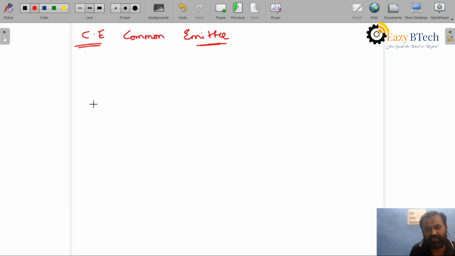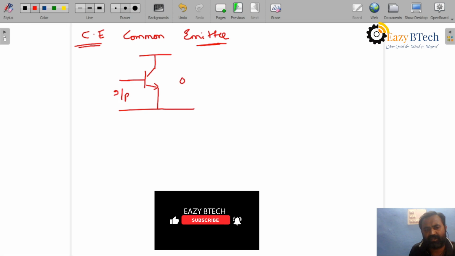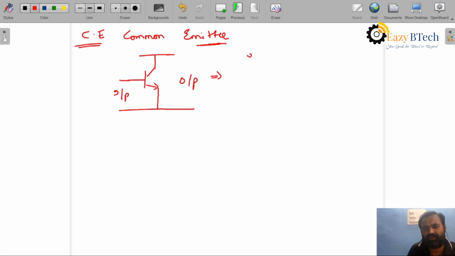Now this is the case. This is an input, this is an output, this is a common emitter. For this the equivalent circuit is